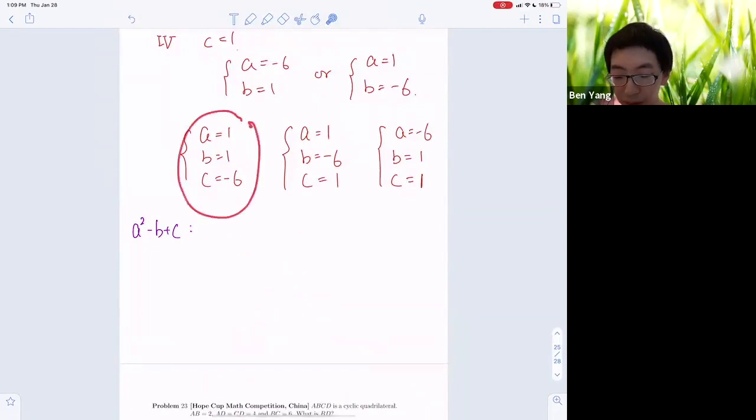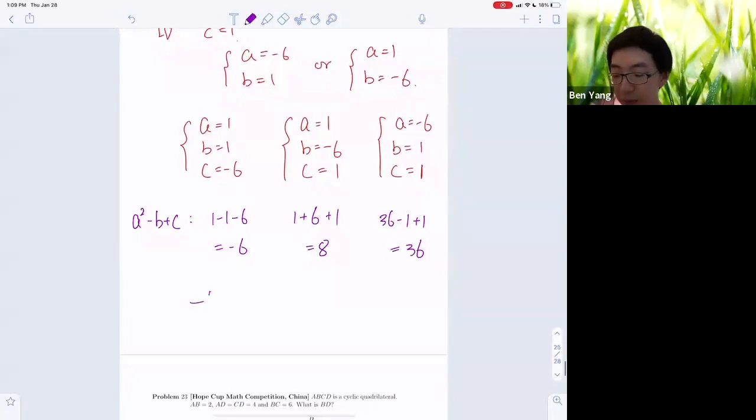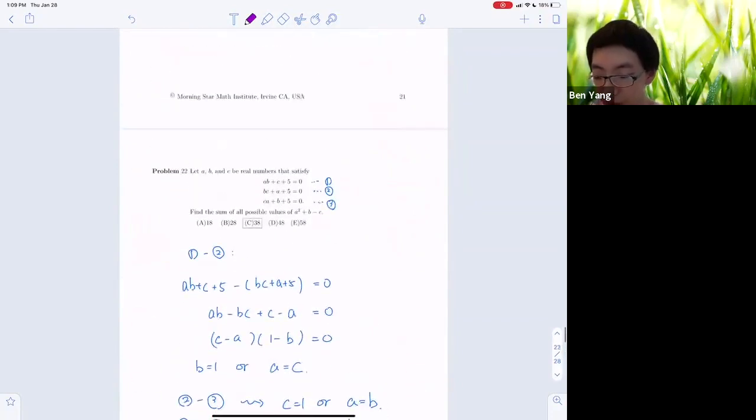So for the first case here, we have 1 minus 1 minus 6, which is negative 6. For a second solution here, it's 1 plus 6 plus 1, so it's 8. And the third solution, we have 36 minus 1 plus 1, so that's 36. Now we can just take the sum. Negative 6 plus 8 plus 36, so that's 38. So the answer is